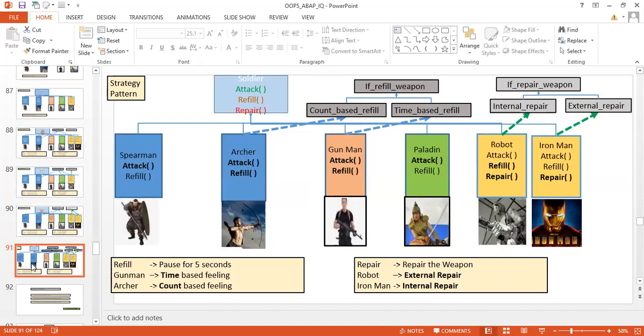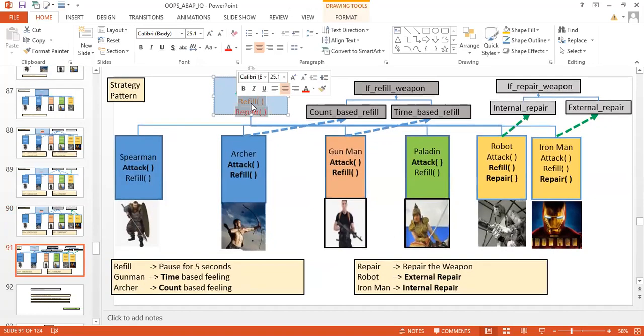So finally, our understanding is that we separated the functionality of refill.